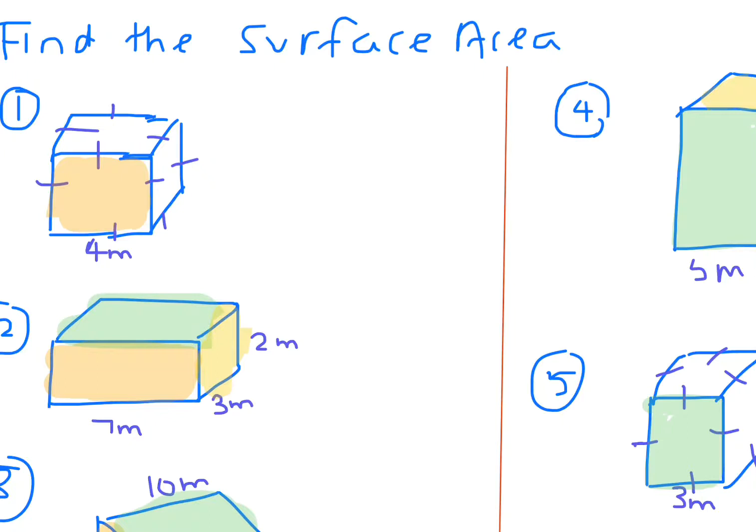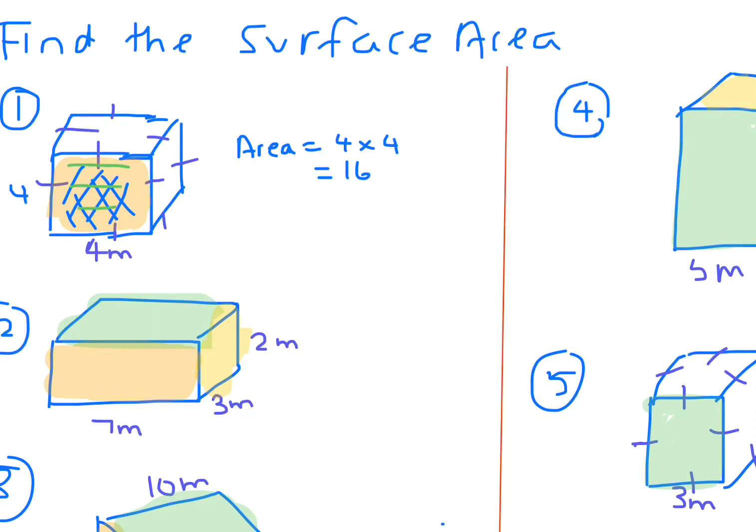Okay, so just the surface area of the cube. So you just need to get the area of one of the sides, because see, that's 4 and that's 4. So the area of one of the sides will be 4 times 4, base times height, which is 16. And then there are